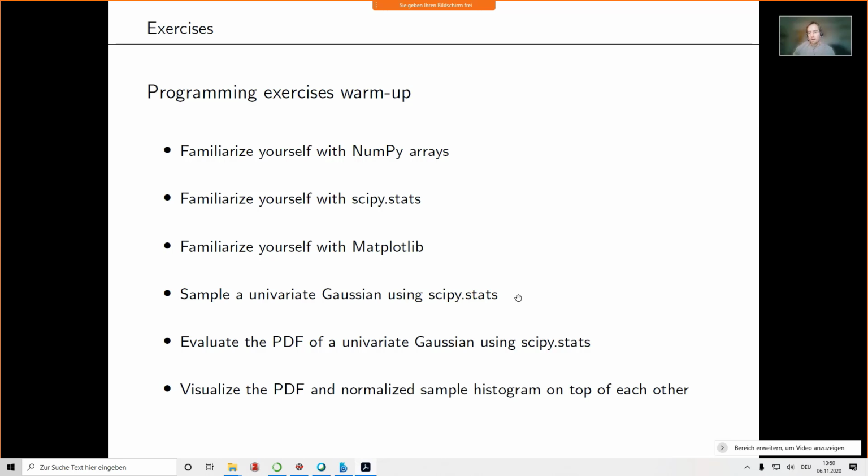For plotting, use low-key things. Use matplotlib. Don't use Seaborn, which does fancy plots without you knowing what's going on. Go to the basics and make basic plots. So that's kind of the approach that I'm encouraging here.